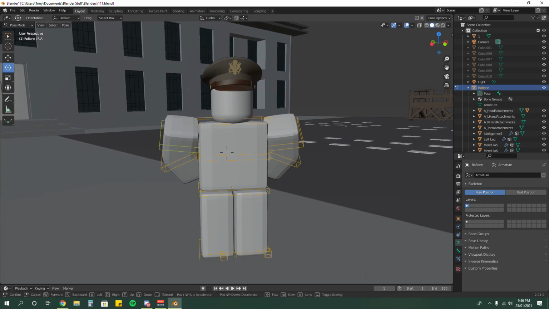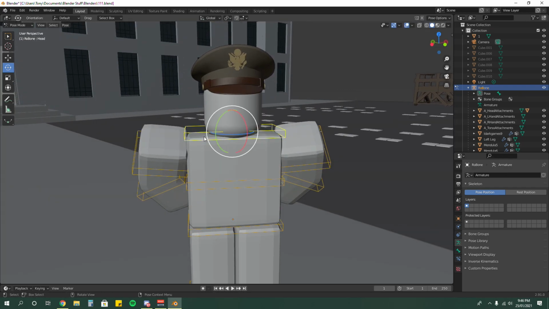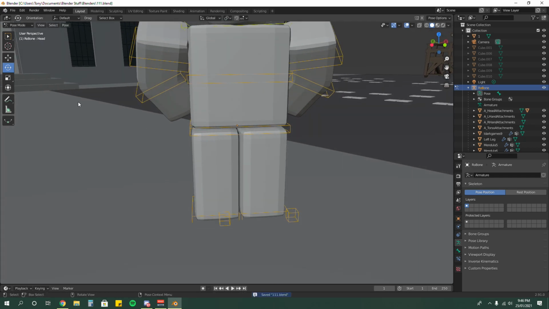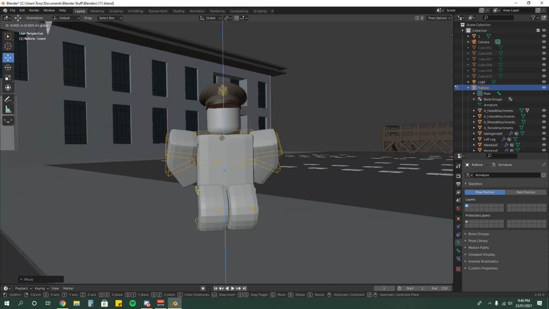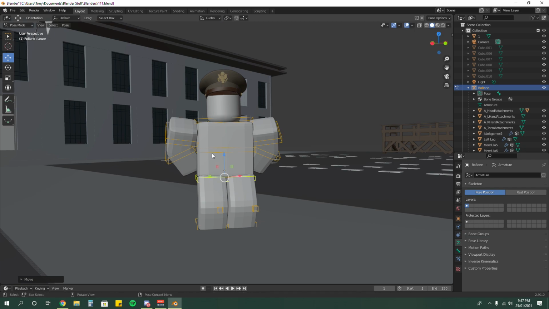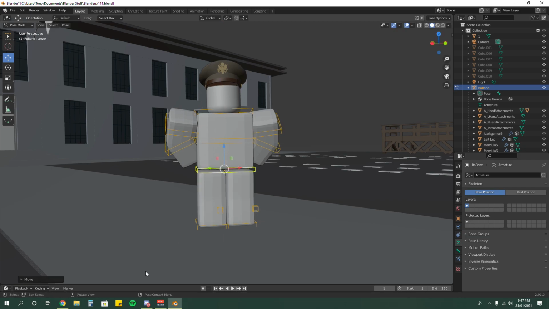Okay, once I've got my position done, you want to press this. You can also rotate its head, by the way. Just leave it a little angled, you know. Or you can also press move. You can just make him teabag, whatever you want. Oh my god, you can also animate it actually. You know, I'll actually go over it.